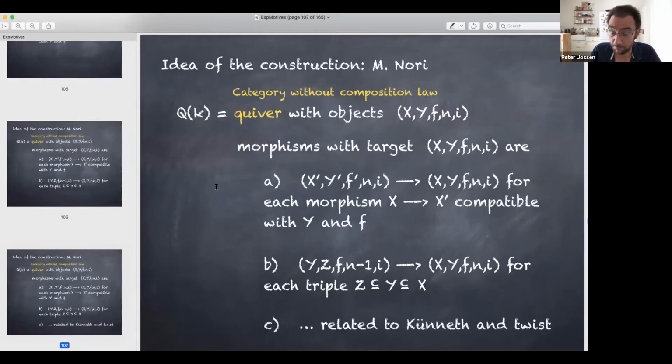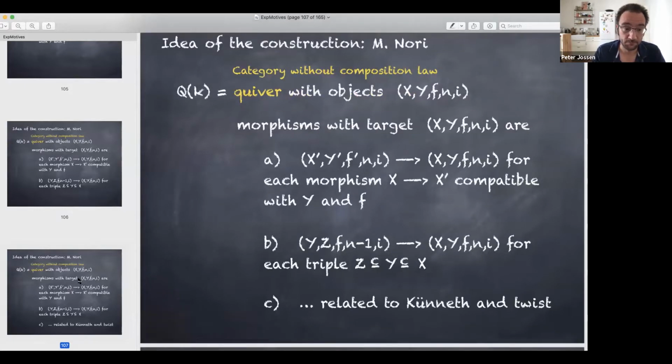And there's a third class of morphisms I decide to add. I don't write out the formula here, but this is a type of morphism that changes now the value of i and is related to the Künneth isomorphism and twist. Good, so these are the morphisms in the quiver. The objects are given. Fine, now I have my quiver of tuples. It's a category without composition law. Still,